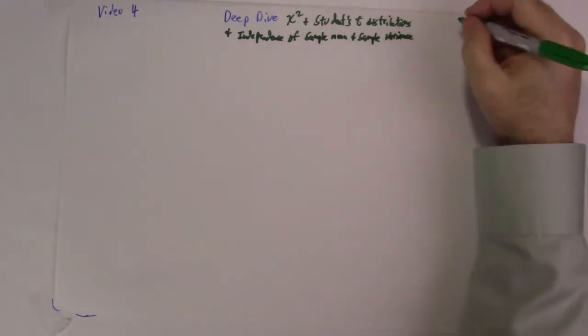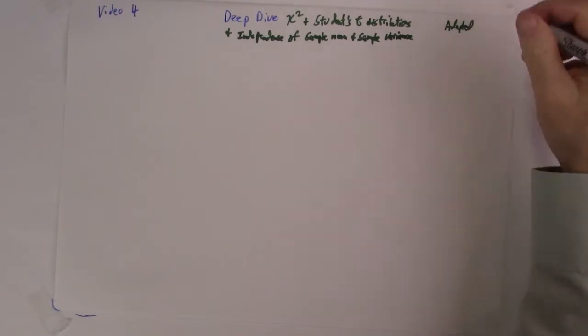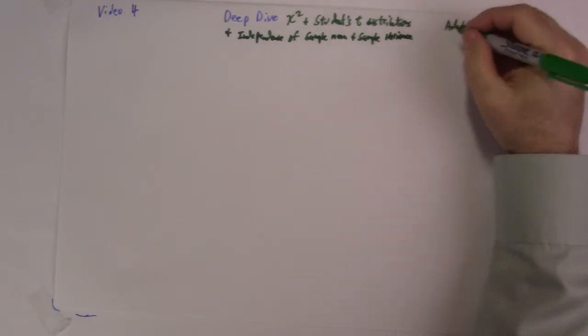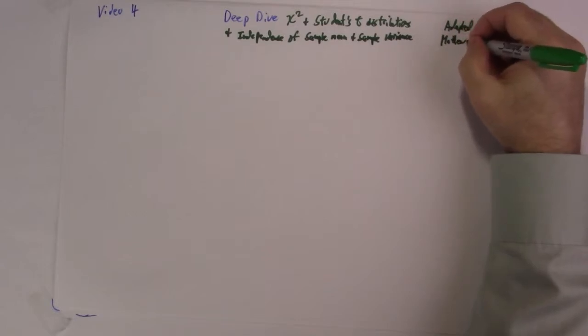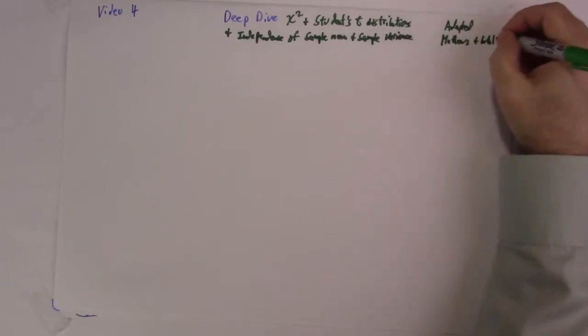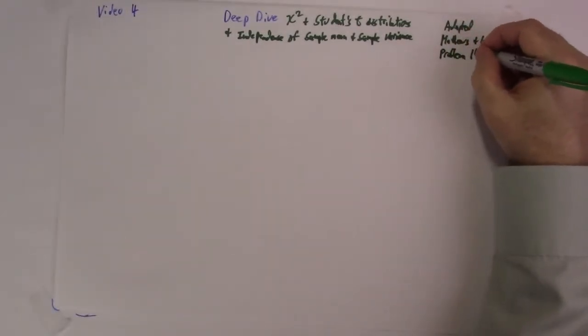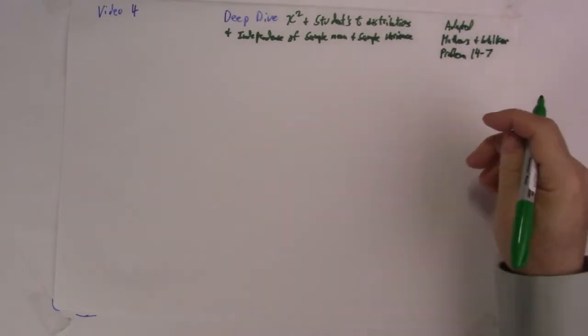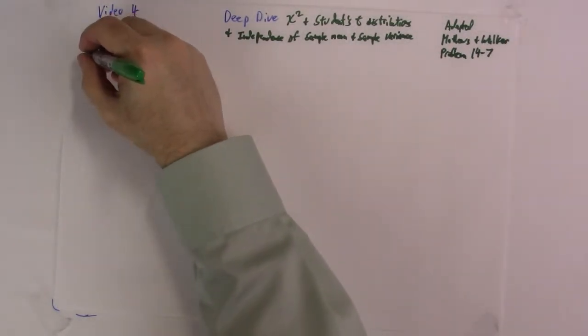And as I've noted, this is adapted from a book on mathematical physics by Matthews and Walker. The solution is mine, but the problem is theirs, problem 14.7. So previously we derived